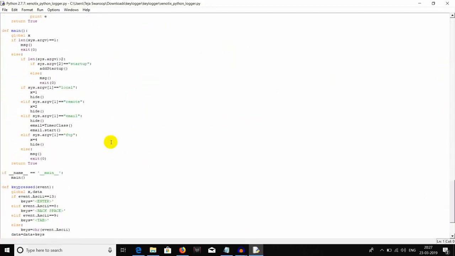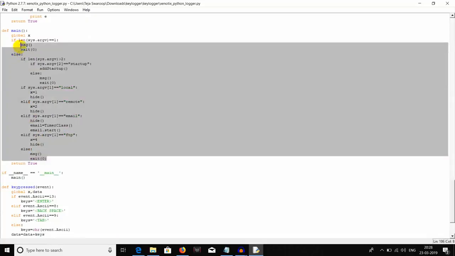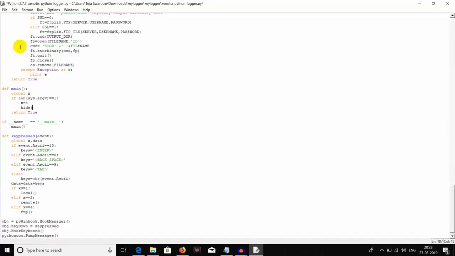So obviously I need to make some changes over here where it says sys.argv. You can see that for the FTP mode the value of the variable x is set to be 4. So I'll just remove all this, and I'm going to set the value as 4, and hide is a function which is called after assigning the value of x. So I think this works. So let me save it